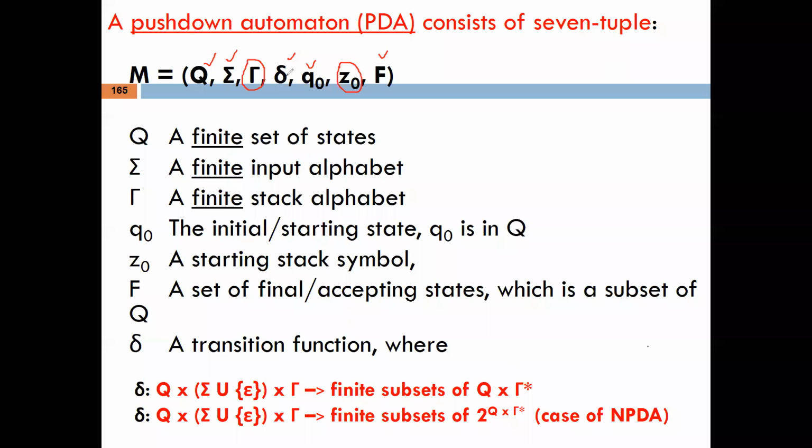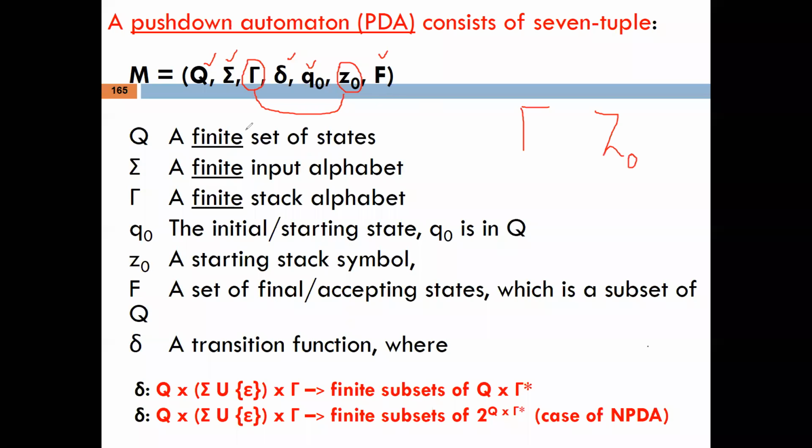Let us proceed. So now these are two new symbols for you. First of all, I would like to discuss the use and advantages of these two symbols that are used by PDA. So simply, a PDA can be represented by using 7 tuple. 5 tuples are the same as DFA, only 2 tuples are new for you. So what is the application of these two? Just see. This tau is represented as this one, and the second one is Z naught, right? So simply this tau is the stack alphabet.